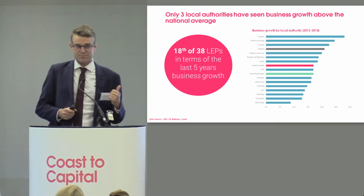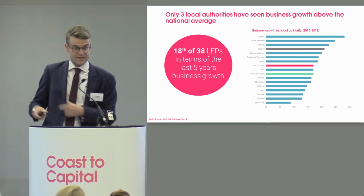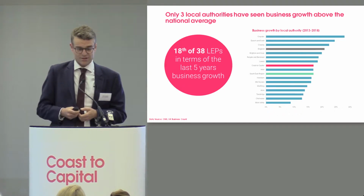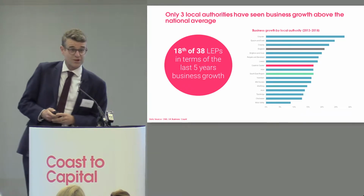Because if you grow your business base, you tend to provide more high-value jobs within an economy, and that drives up productivity. So when you're thinking about the balance between employment and business, I think for Coaster Capital, business is probably the area that I would focus in terms of growth. However,